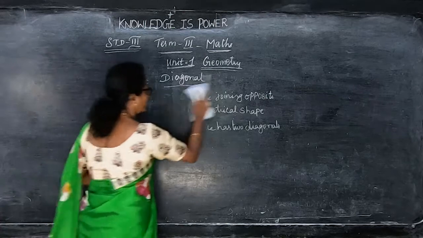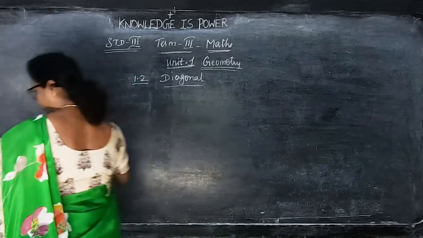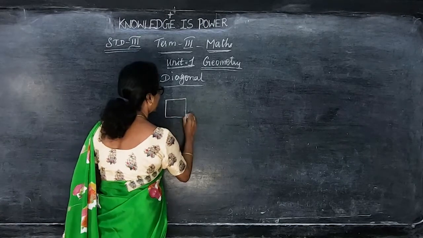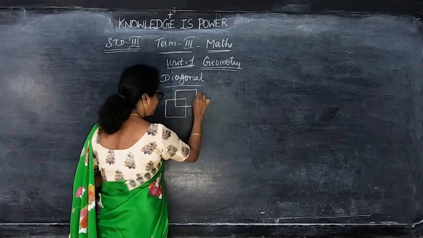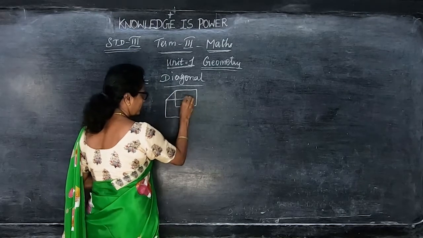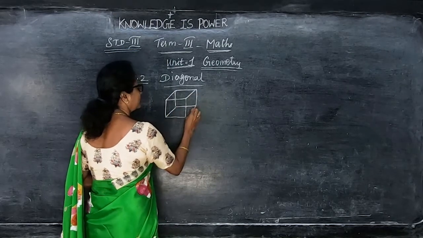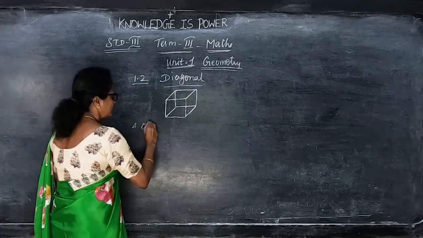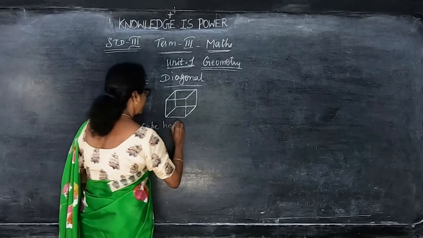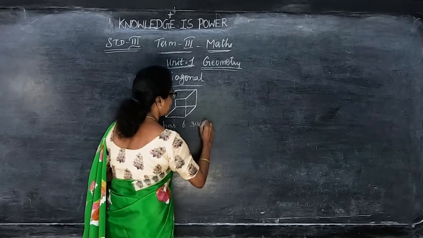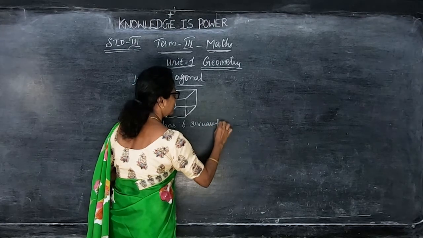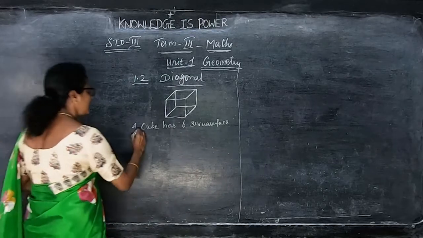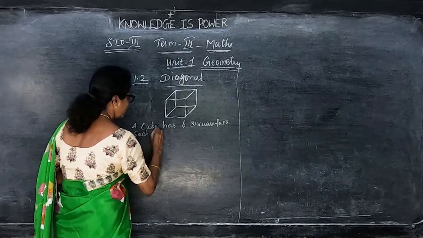So you can draw a cube. You know how to draw the cube? So the cube will be in square shape. So at another corner draw another square like this. Join these corners. This is the cube. Okay. So a cube has, cube how many faces? Cube has 6 square faces because all the 6 sides will be in square shape. Okay, it's square faces and each square has 2 diagonals.